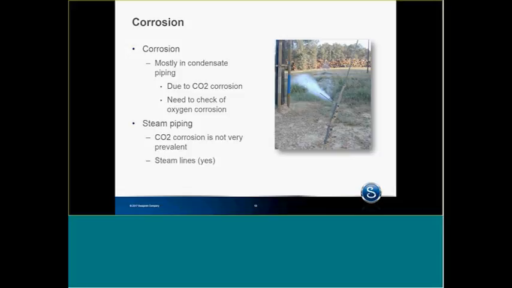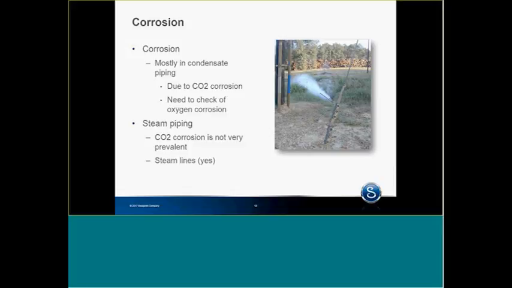The standard for condensate return lines should be stainless steel, but people don't do that. They're worried about the cost. But just remember one thing about condensate: 16% of your energy sits in the condensate. Why let it go to the ground? To counter CO2 corrosion, keep the condensate temperature as high as possible. If you can get the condensate temperatures to 250 degrees, or what we call a pressurized return system, then you reduce the amount of CO2 corrosion that's going to occur.